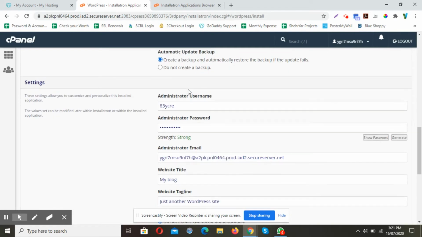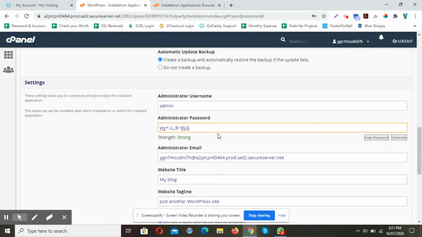But backup is always recommended so that if there is something wrong or something happens with your website, you can always recover it. I'm going to select my admin username, and then I mostly use the same password, but if you don't like that password, you can always generate a different password from this button.